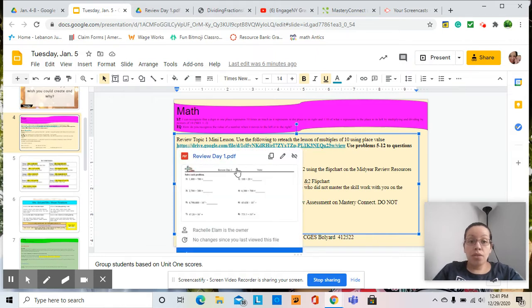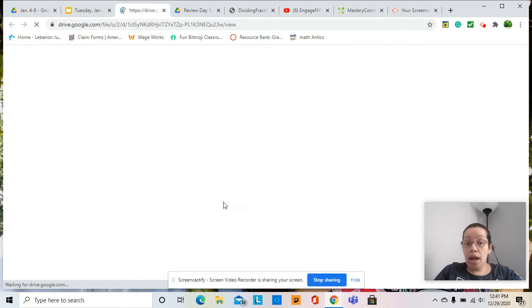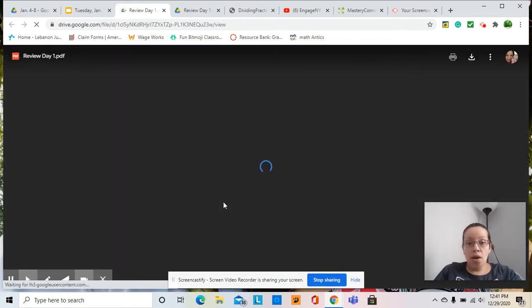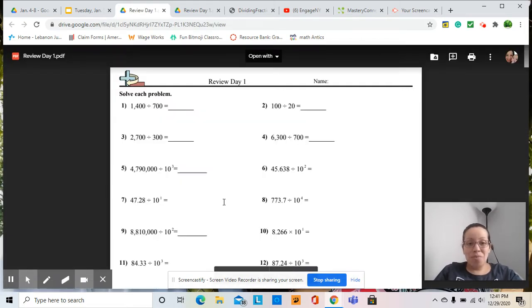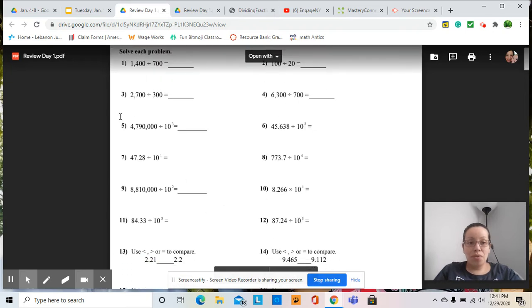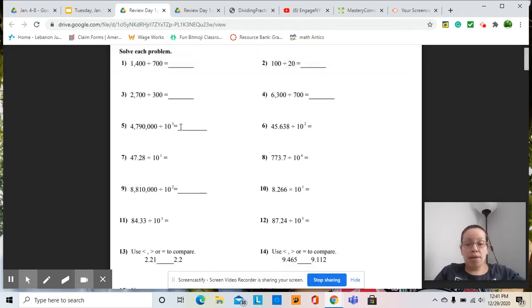We will do problems only 5 to 12. So I'm going to work about 2 problems with you, one of each, so you can remember how to do them. So we're going to do 5 to 12 together. In this case, we are dividing. So I have